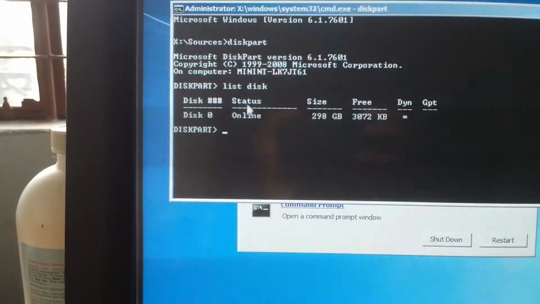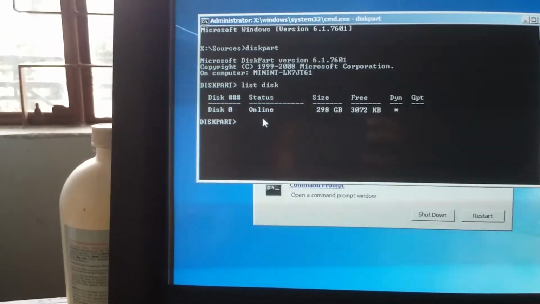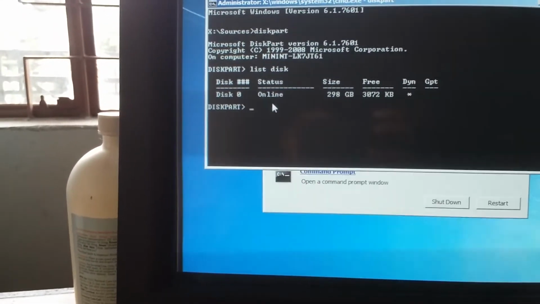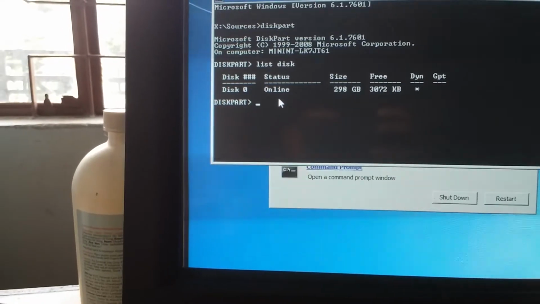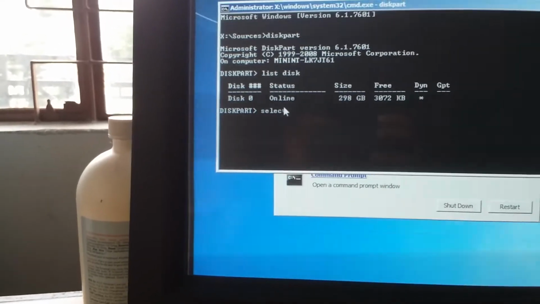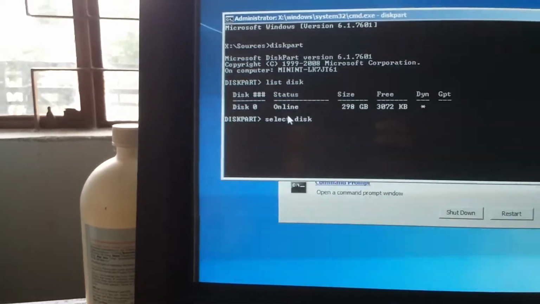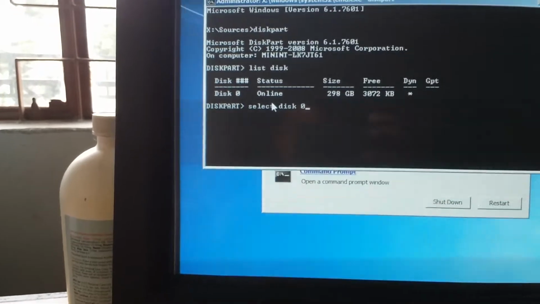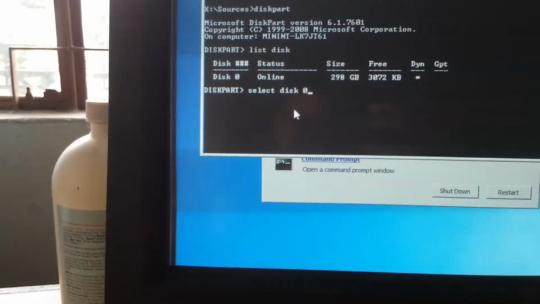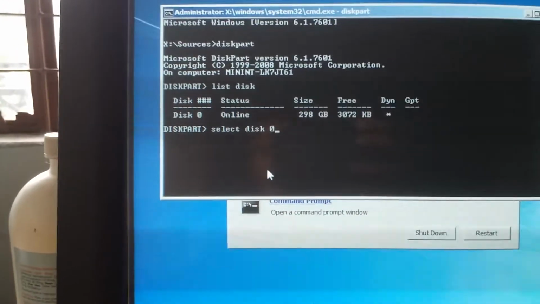The status is online here. So only one hard disk is connected. So right now I am going to select this disk.